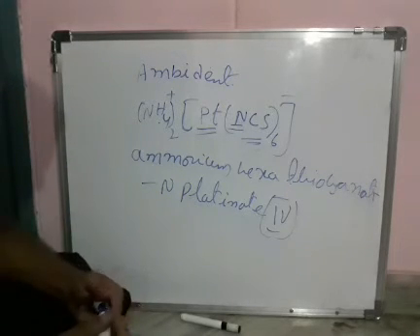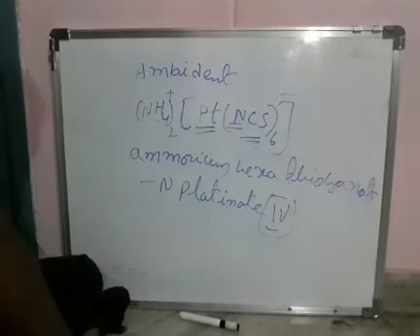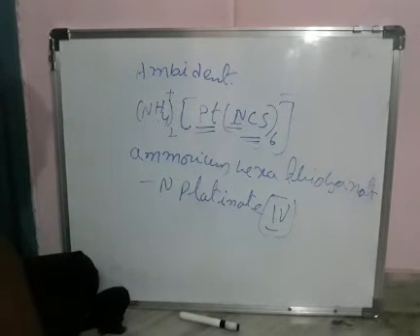So here what we discussed: while writing the formulas of the compound, first we have to list the cation part, and after that the coordination part. If two or more different ligands are there, they must be listed in alphabetical order. Next, the central metal atom and ligands must be enclosed in square brackets. If the counter ion is not mentioned, the charge on the coordination sphere must be represented as a superscript on the coordination sphere.